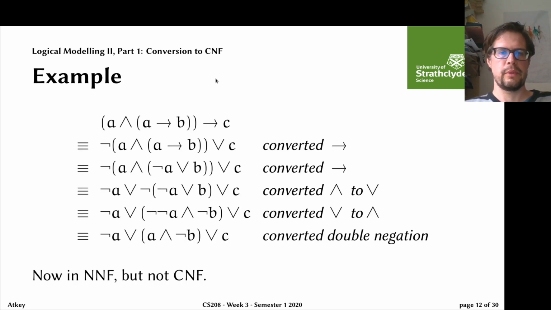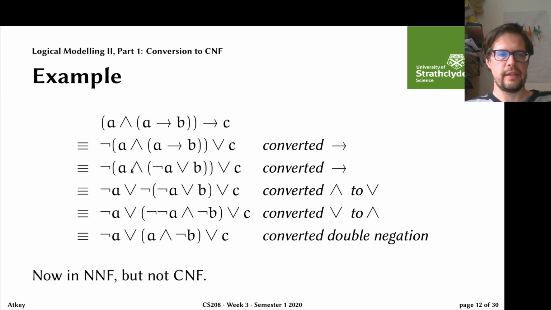So here's an example. We start with this relatively complicated formula here: A and (A implies B), all implies C. First we convert the top level implies. Second, we convert the second implies, so this one here. So now we've got just negations and ands and ors. And then we start to push the negations through. So we push